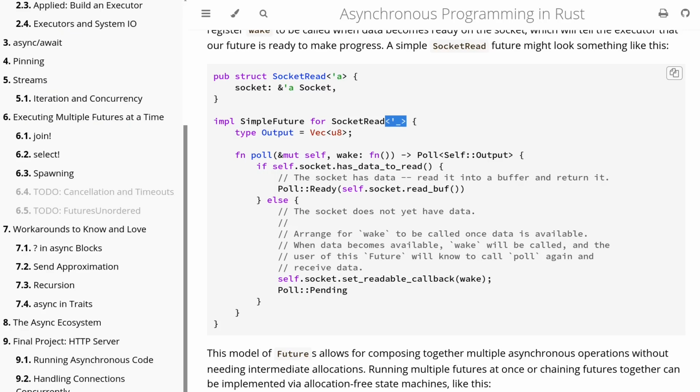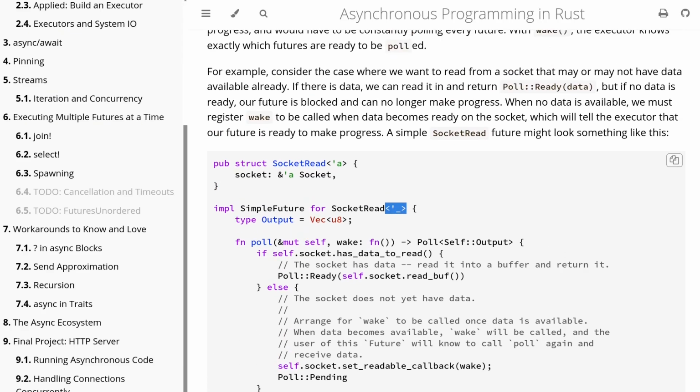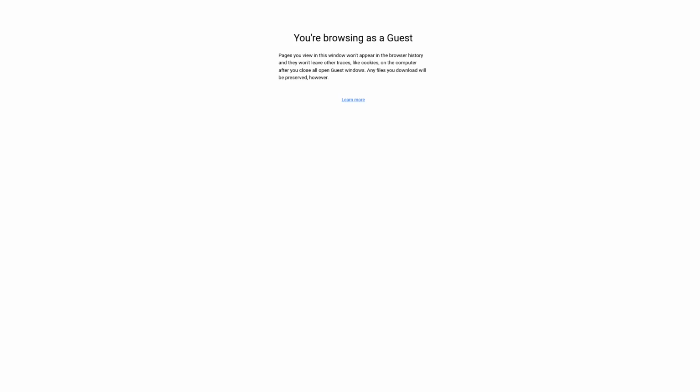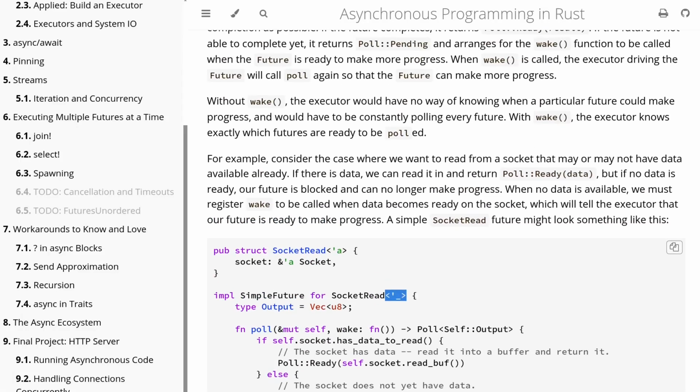I probably should read the Rust book first. That is probably a good idea. How about let's do that instead of this? The Rust book. Oh, geez. The Rust book is really long. I guess I'll just continue reading this until I encounter something that